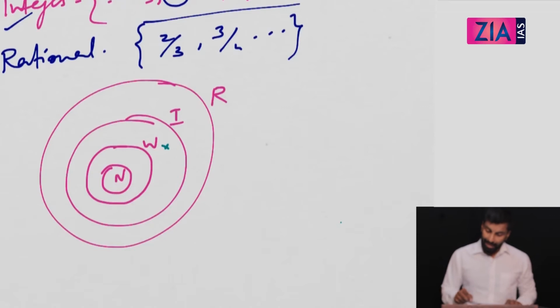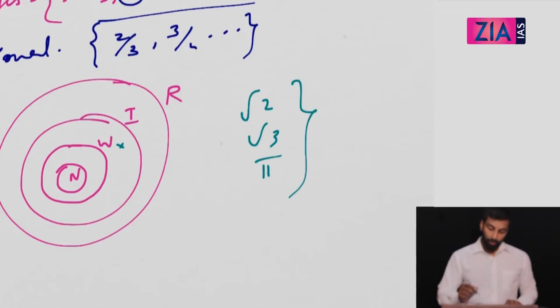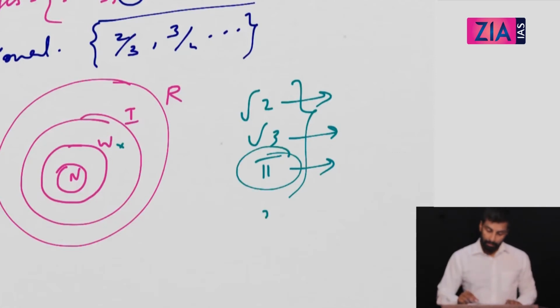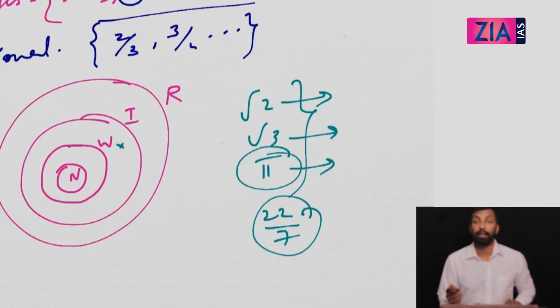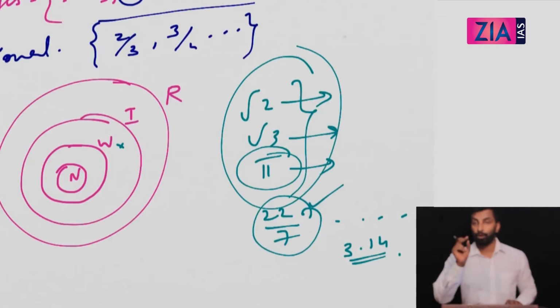Then what do you mean by irrational numbers? There are certain numbers like root 2, root 3, pi, etc. These are irrational numbers. If you expand root 2, root 3, pi, etc., these are non-terminating and non-recurring numbers. Okay, so pi you are writing as 22 by 7, but if you do this operation, you will not get a terminating or recurring number. So it keeps on going like that. And to make the calculation easier, you take it as 22 by 7 or 3.14. So these are irrational numbers, basically those numbers which are not rational.